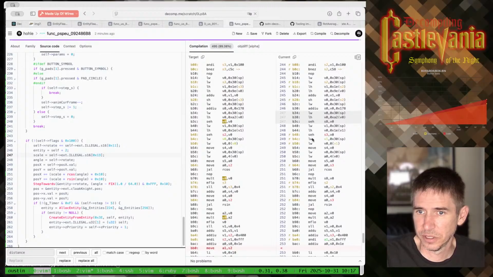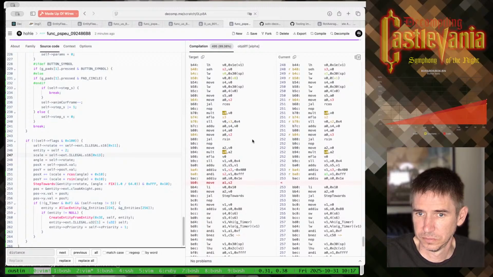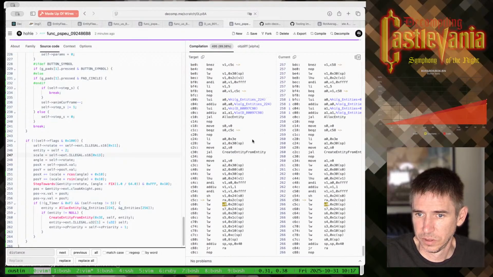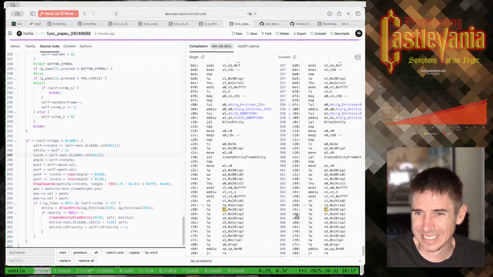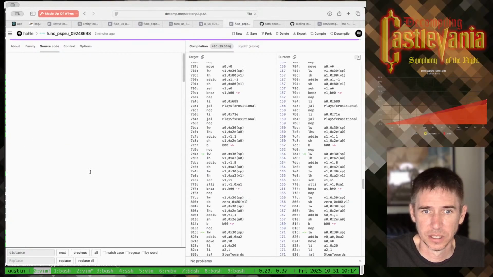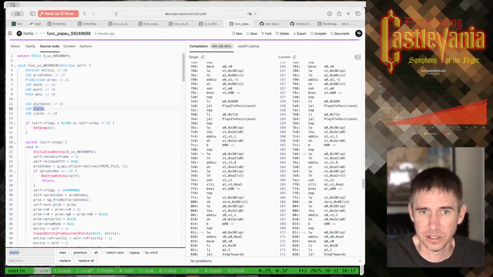That's getting us very close. We did get the correct register that we wanted there. Still have a few unnecessary moves. Stack is correct though. Last one, which is this angle, which should be